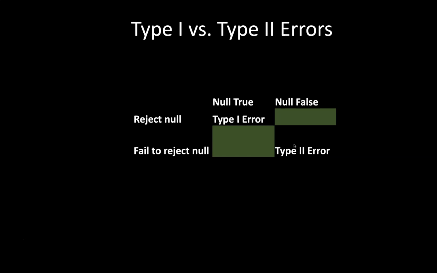So in summary, the difference between type 1 and type 2 error is just based on whether or not you reject or fail to reject the null hypothesis relative to the null hypothesis being true or false. A type 1 error is when you reject the null hypothesis when it's actually true. You claim that there's an effect when it doesn't really exist. And the opposite is you fail to find an effect when an effect is actually there,